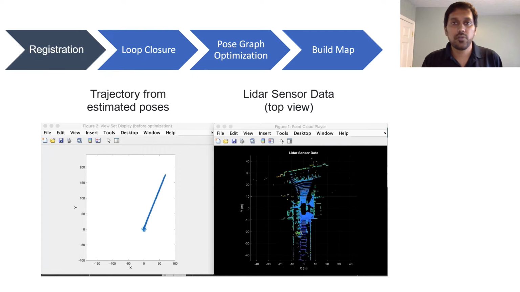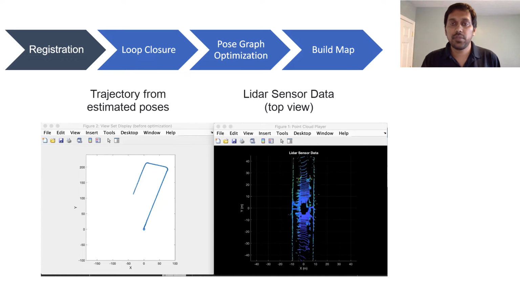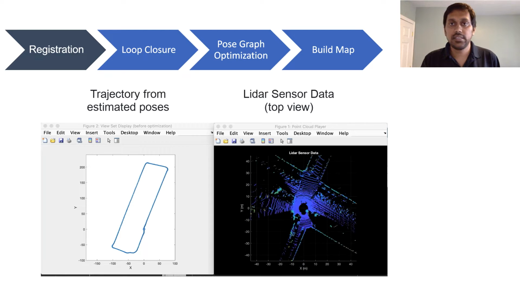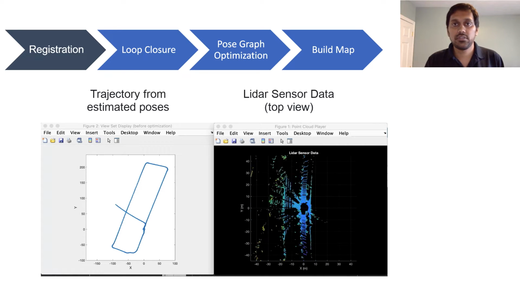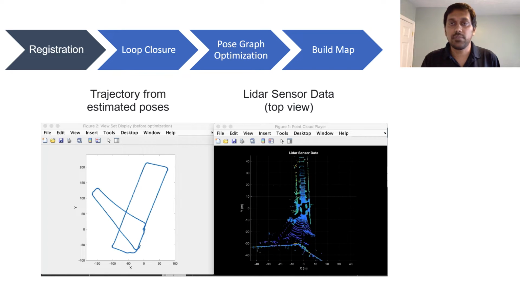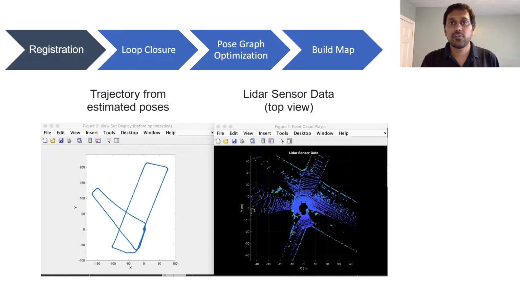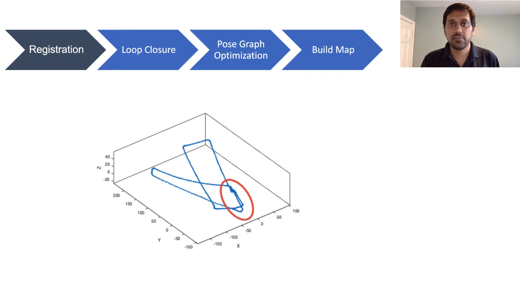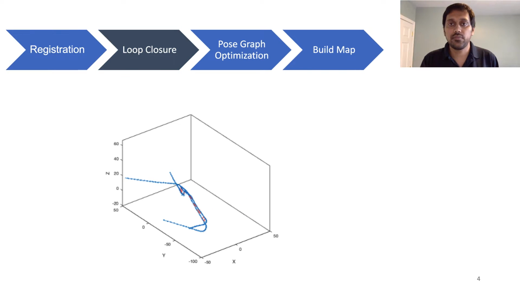A typical workflow includes registration between point cloud frames to estimate relative motion. These estimates can be used to build a pose graph. From these poses, you can build a point cloud map. But if you closely observe the pose graph, you will notice that using only the registration for localization can lead to a drift. In addition to the registration, we also need to use loop closure detection and pose graph optimization